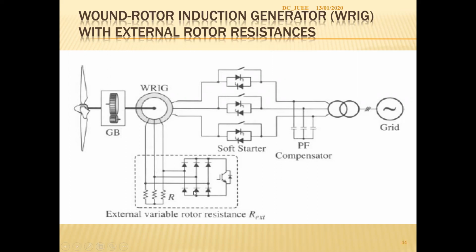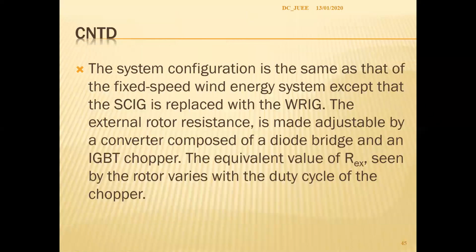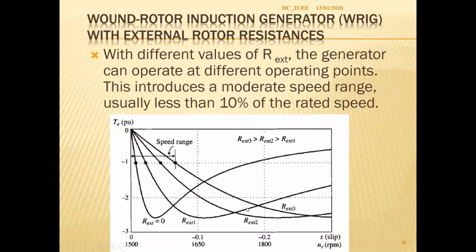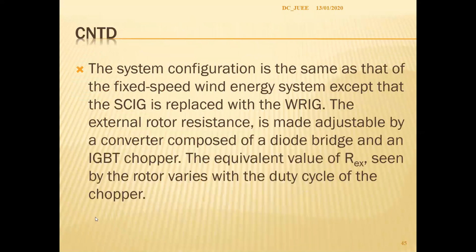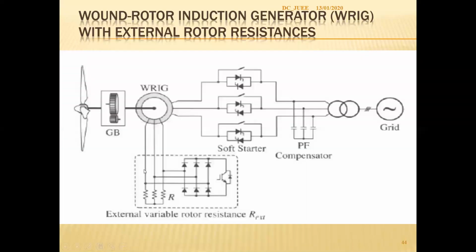Based on this theory, we knew that if we can vary the rotor resistance, ultimately the slope of the torque speed curve will change, and this will give you the same torque at higher speed, right? But this technology did not last long because of the higher losses in the system, and at the same time we could develop a different system that would effectively increase the resistance of the rotor without introducing any resistance.